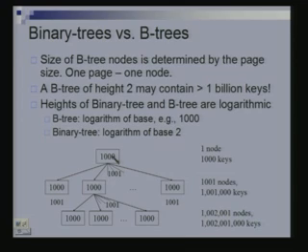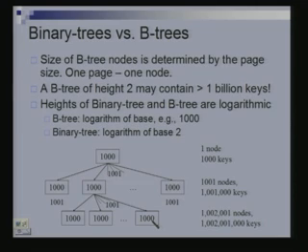Now, what happens if you have to search? You will determine between which 2 of these 1000 keys your particular key lies, and then go to the appropriate child node. Suppose this is the child node you have to go to. You will access this node from the disk and bring it into memory. And from here you will determine which should be your next node. Suppose it is this node. You will access this node from disk and bring it into main memory, and from here you will be able to find your account number, and then you will follow that to get the account data.